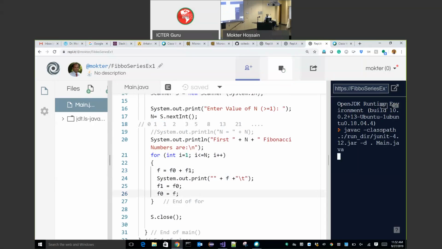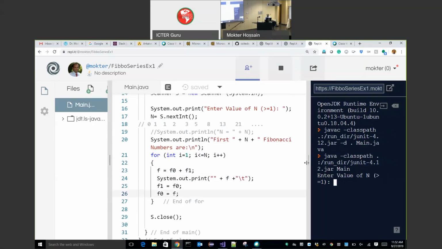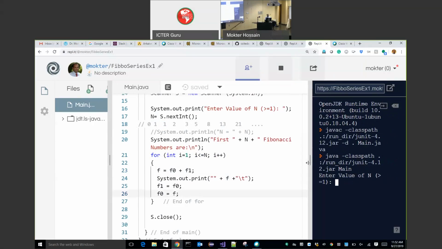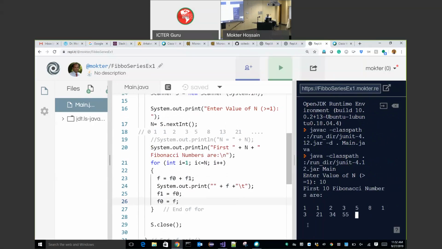Hopefully this will not be in your test. But if you want to become an advanced learner, then you can practice. For instance, I want to display the first Fibonacci numbers. The first numbers are 1, 2, 3, 5, 8, 13, 21.